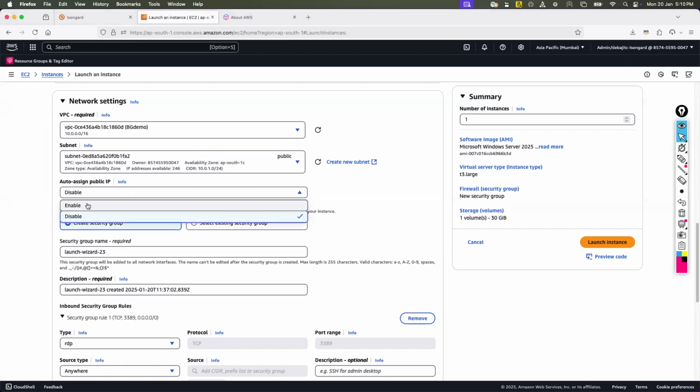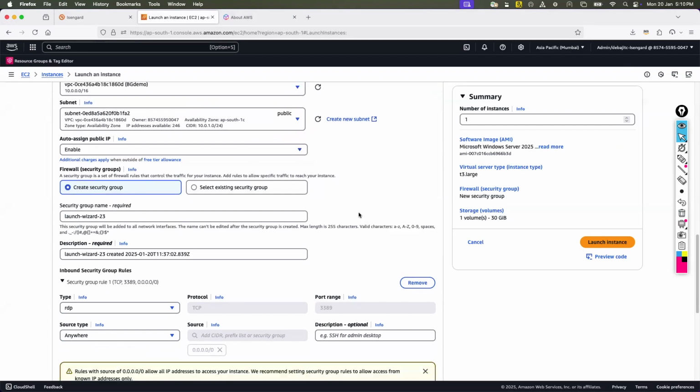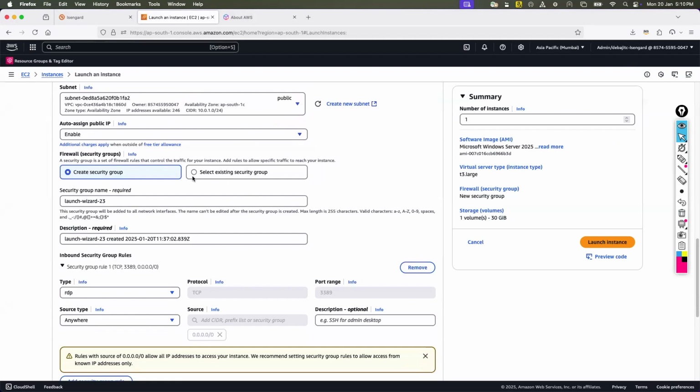Now, you also need to enable a public IP address. Okay, very important, because without the public IP, you cannot access the server. And of course, the security group. Security group is nothing but a firewall. Okay. Hope you know what a firewall is. A firewall is a service or device by which you can restrict certain ports, certain protocols, so that all of the traffic you can block as per your requirement.